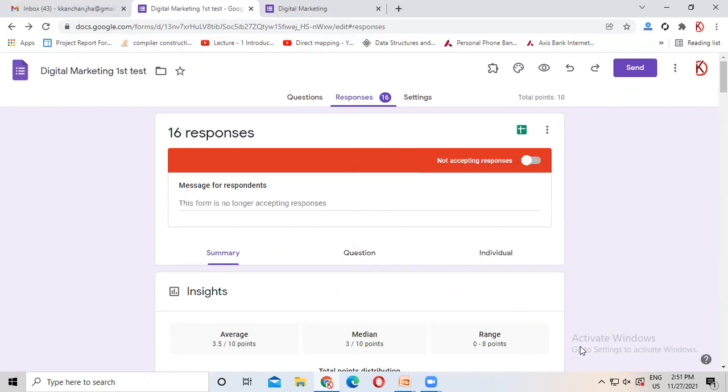So this is the process with the help of which you can create a Google Form